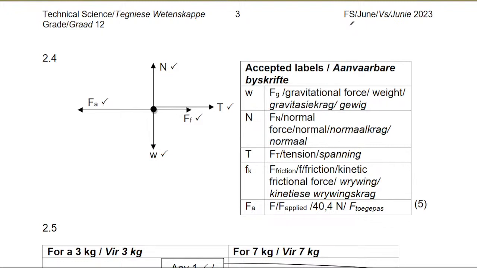For the tension, we can accept Ft and tension. For Fk, we can accept F, small f, the friction, kinetic frictional force, and F friction. And lastly, for F applied, we can accept F only for capital F, and F applied, or we can accept 40.4 Newton, which is the force that is given this time. So that will be a clear 5 marks for question